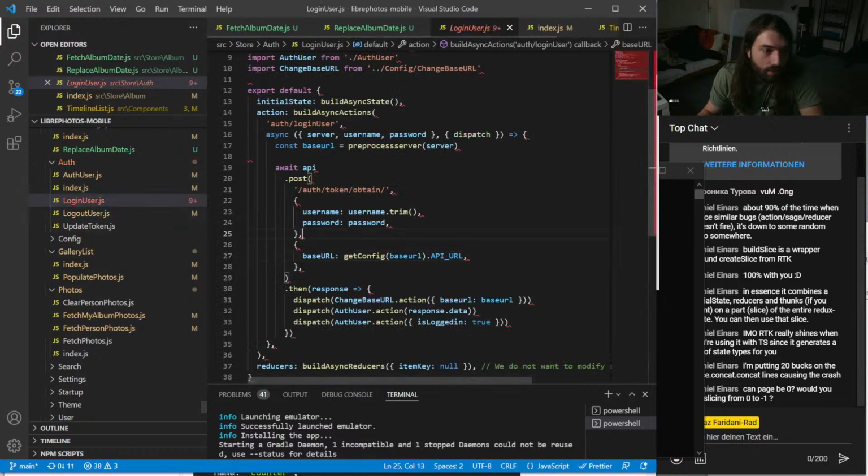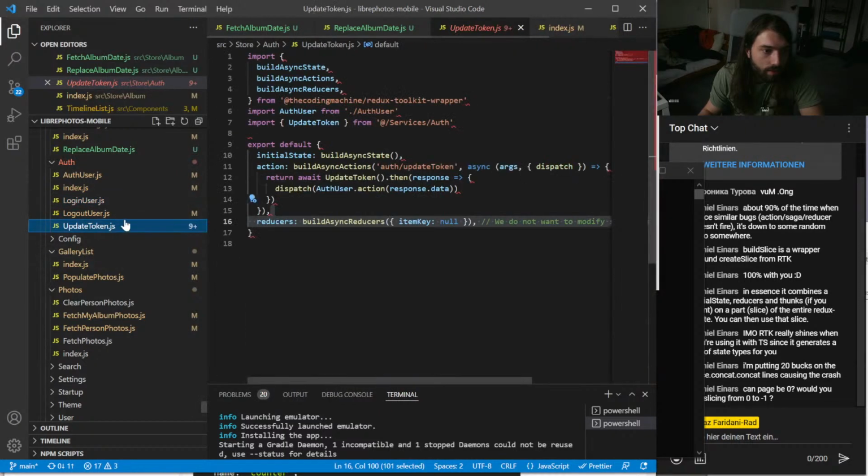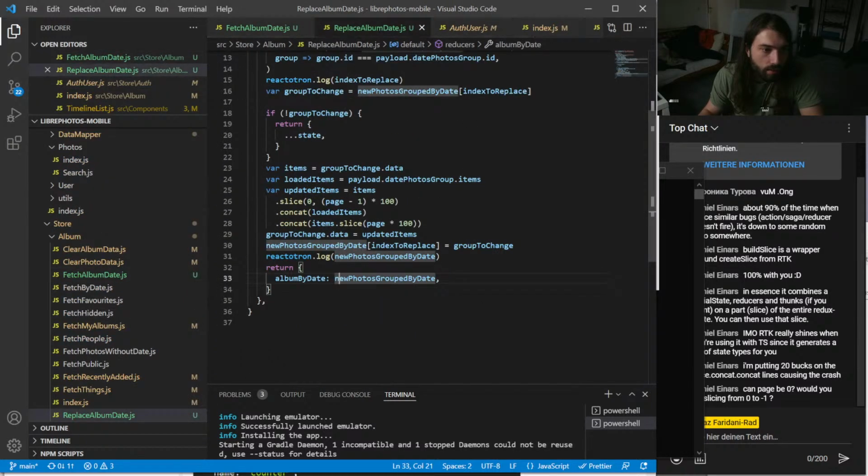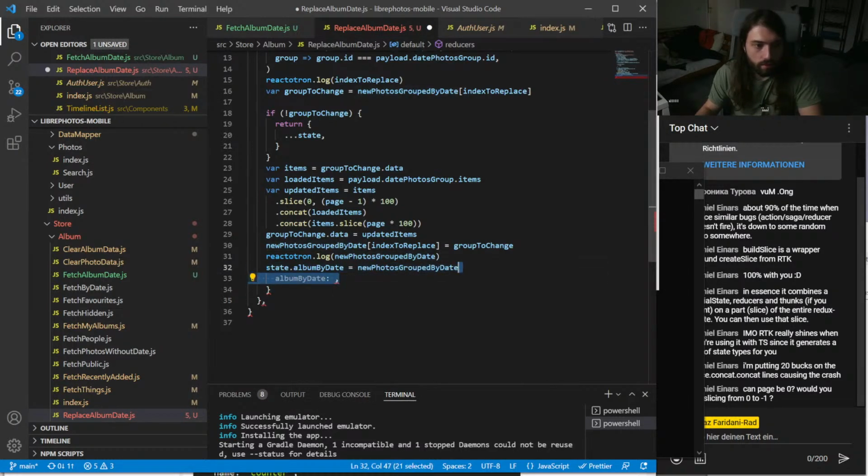Okay. So here they just set state.something and they don't return stuff. So state.album by date equals... save.